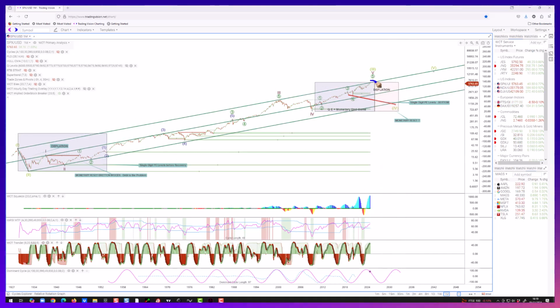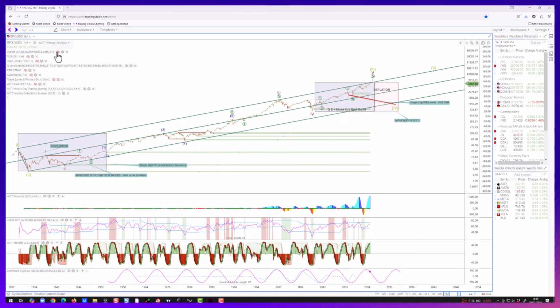Now, we are within the vicinity of the top of that move. I do think we've got another pullback and another leg up to come prior to completing that move. So I'm not expecting that just yet, but I am expecting a fairly sizable correction, likely starting next year. Now, if you look at the cycles information down here, the dominant cycle is running at 97 months, and that's already peaked and is starting to head down here. And the low of that cycle is expected back end of 2026.